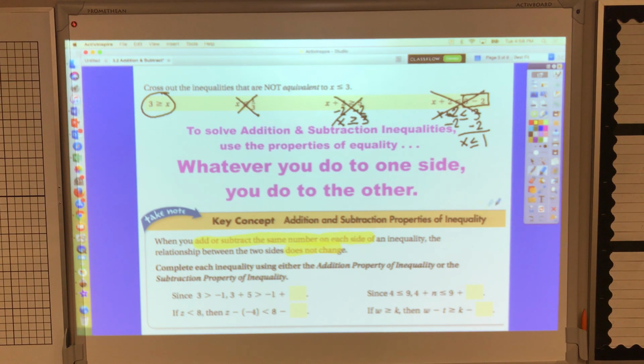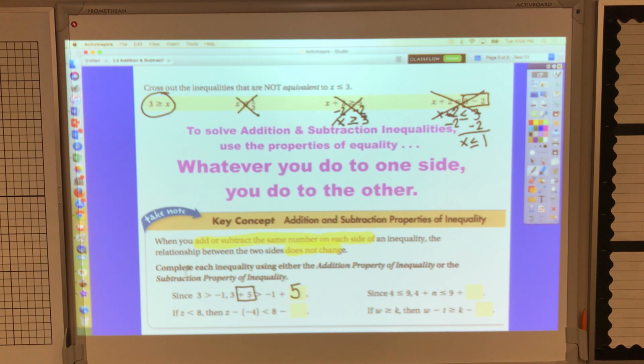Okay? It says on each side. Okay? So complete the inequality using either the addition property of inequality or the subtraction property of inequality. Okay? So since 3 is greater than negative 1, then 3 plus 5, so over here the change is they added 5, is still going to be greater than negative 1 plus 5. I have to keep that change the same in order for those inequalities to remain